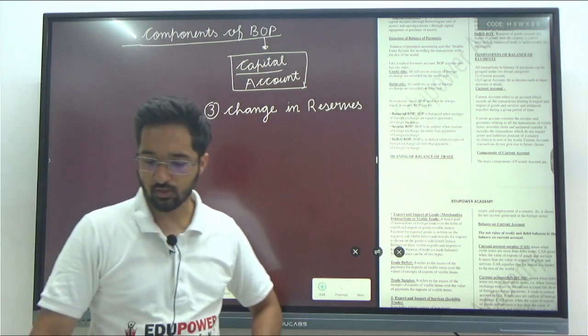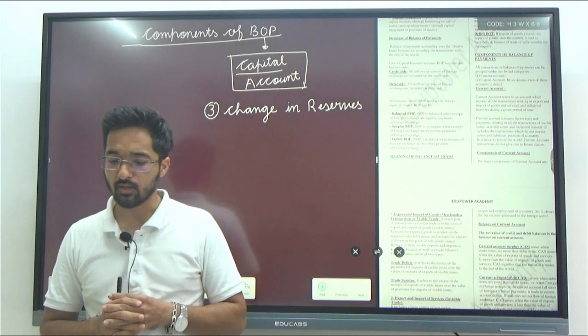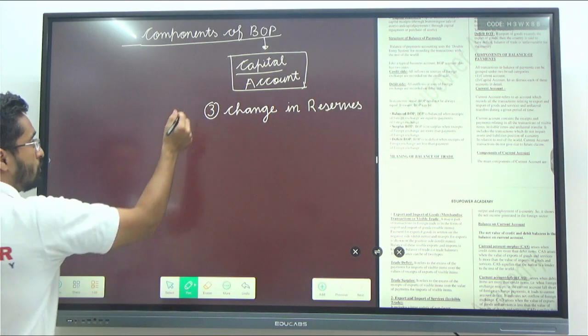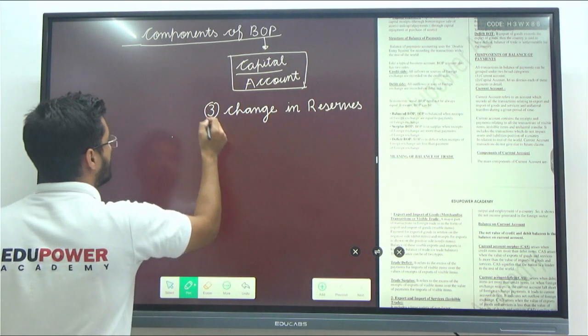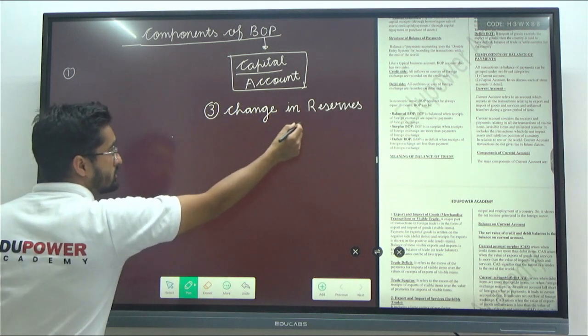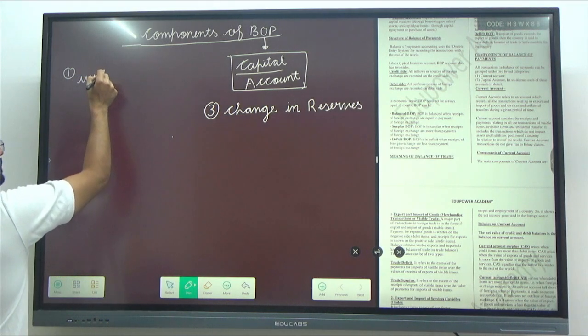Forex reserves are part of the financial assets of the government which are held in the central bank, that is the RBI. Okay. Now, you should know there can be two cases. First case is withdrawal of the reserves. Under change in the reserves there are two cases. If there is withdrawal of reserves,